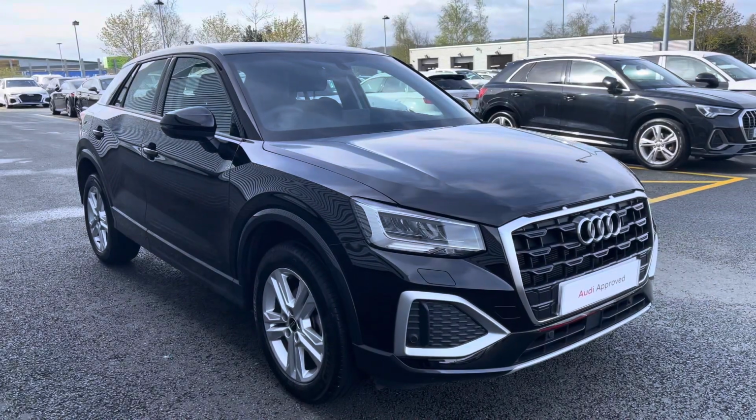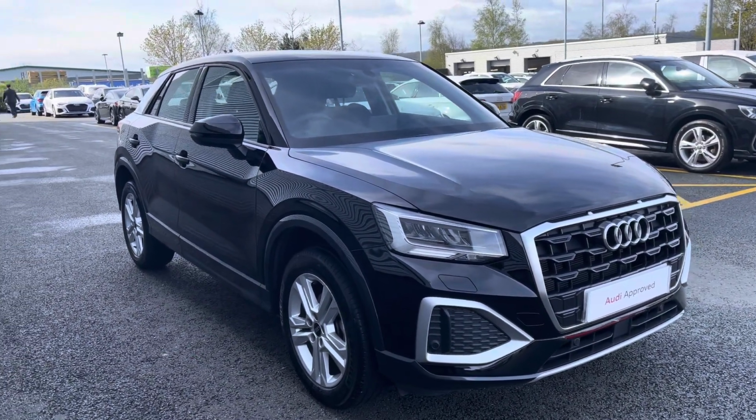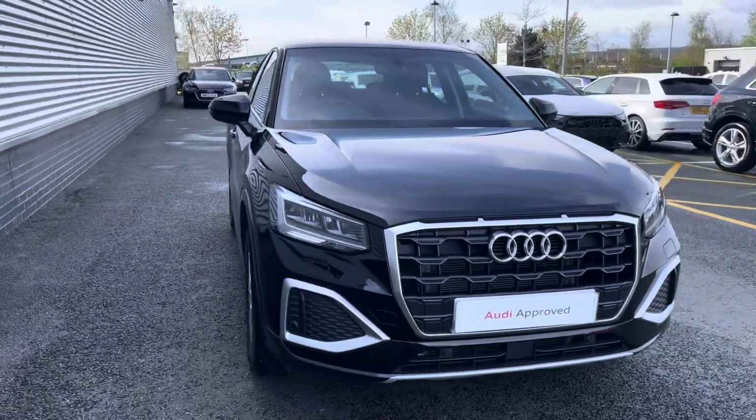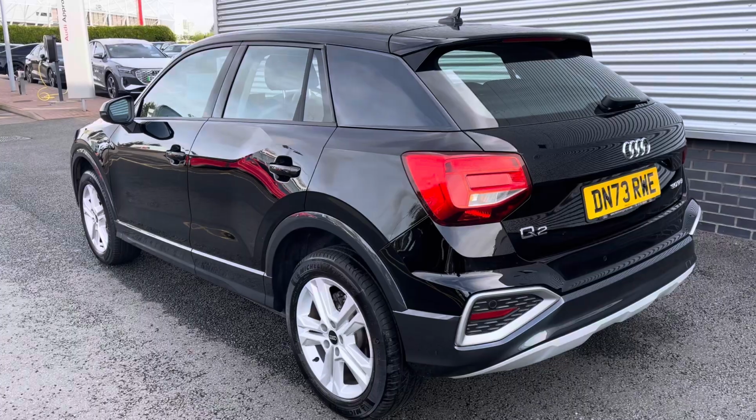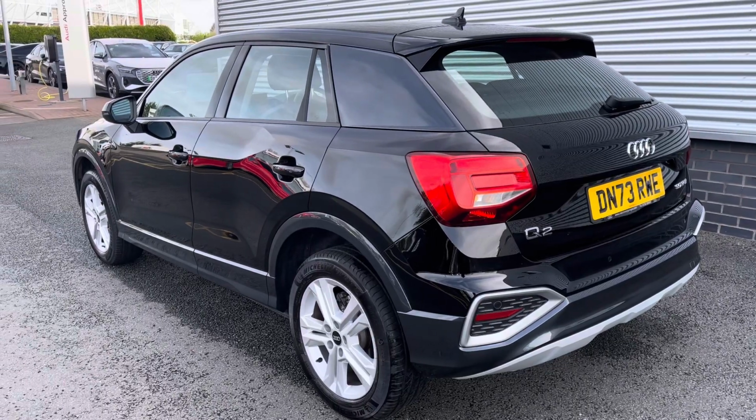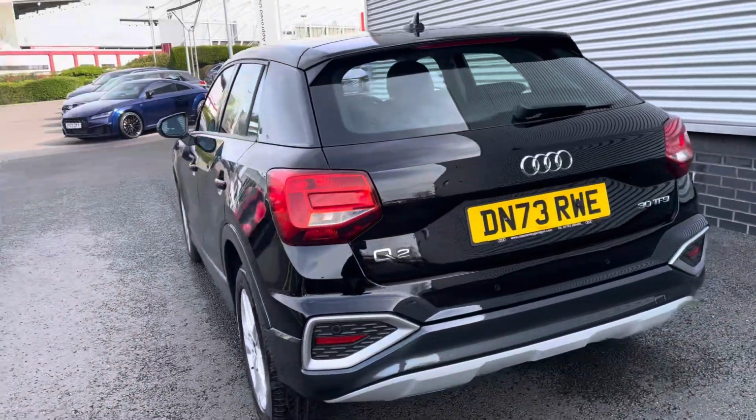Hello, my name's Lauren from Stoke Audi and today we'll be showing you around this stunning Audi Q2 Sport 30 TFSI, finished in the brilliant black, sure to turn heads when on the road. At the time of this recording, this petrol manual has done